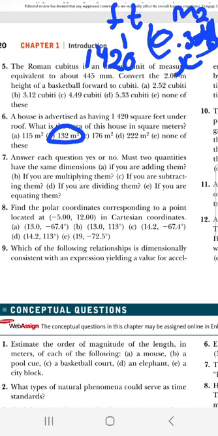If it's more than two quantities, I can do dimensional analysis. I can do time is equal to distance divided by speed. But here they said two quantities, and what I just said is three quantities. Hope this question is understood. Number 8, find the polar coordinates corresponding to a point located at -5, +12 in